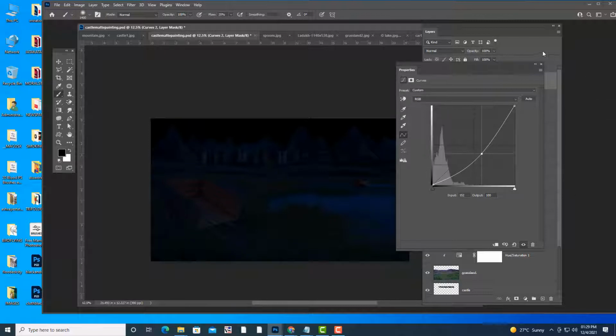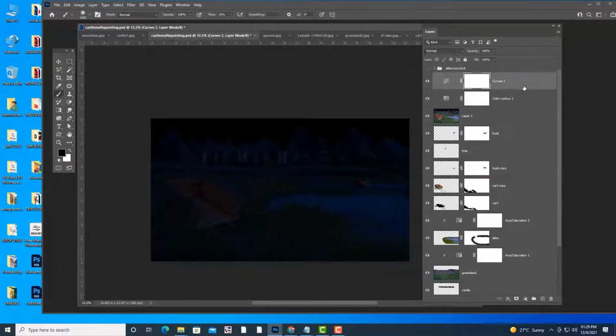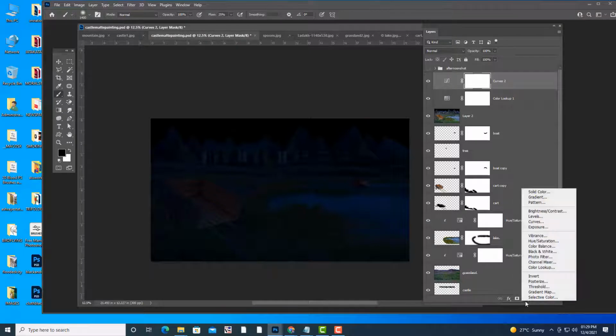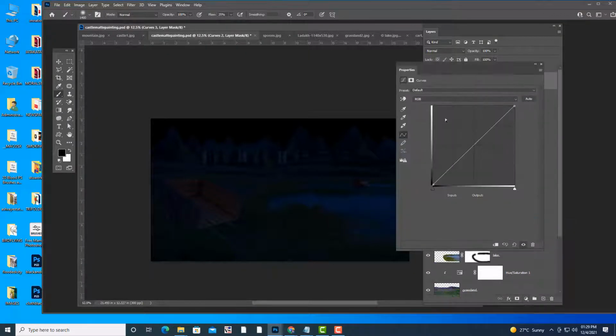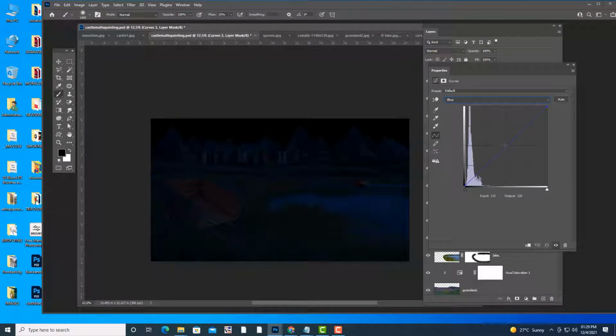Okay, and we'll add a little bit bluish coloring also. So we can add a bluish coloring because night time it will be a little bit blue. So just we'll add one more curves adjustment. Okay, and then here we'll select the blue color, and then we will just increase the blue color. See, if you increase it further it will look like this, but a little bit blue is okay, so that you'll get that feel of night. Okay, just a slight bluish color.